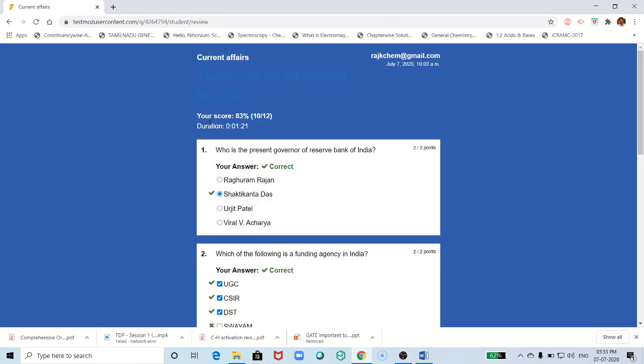After attempting, the students or the participants are able to see their scores. You can see 83 percentage. So out of 12 marks, he or she secured 10 marks. And also you can see the time duration taken by the students to complete this test. So 1 minute and 21 seconds taken, and here they can see their username,